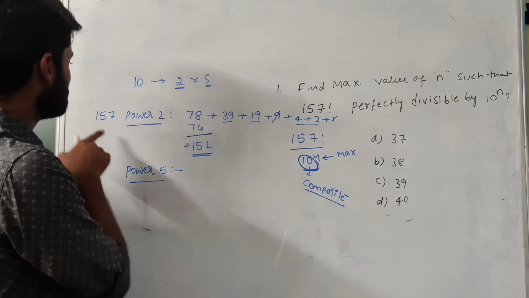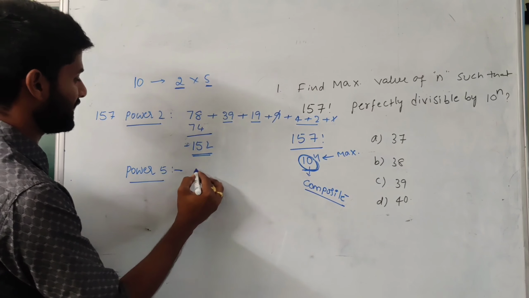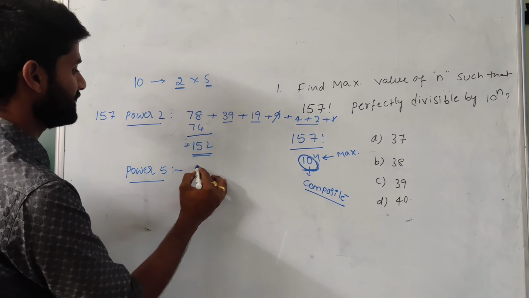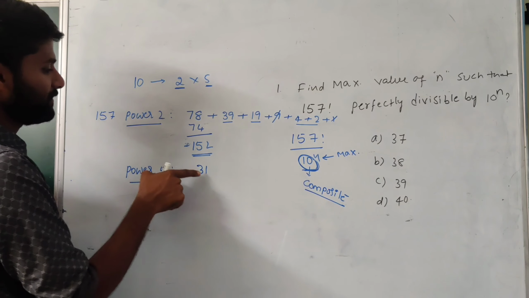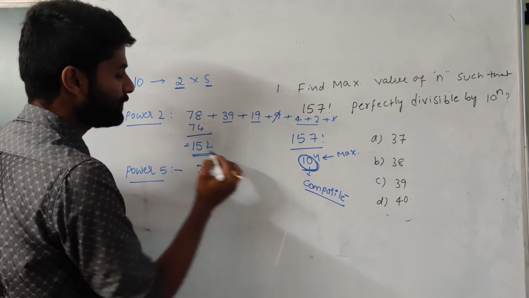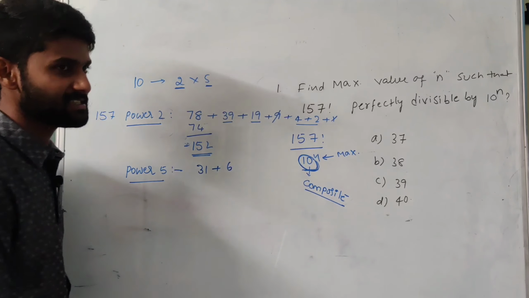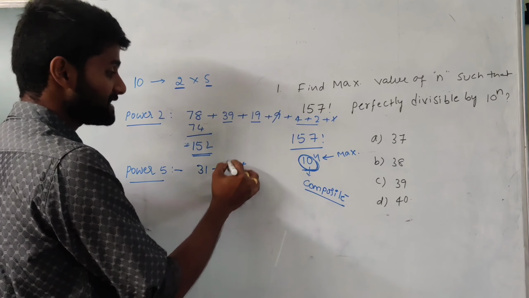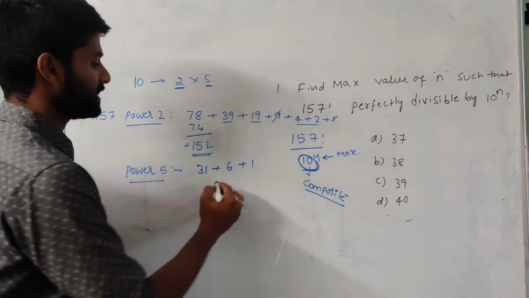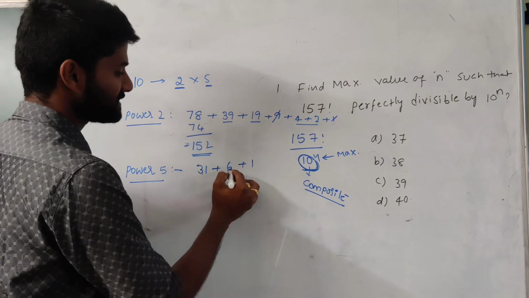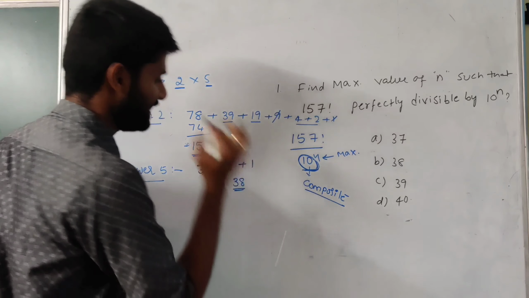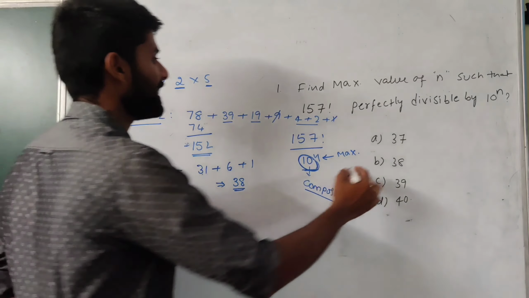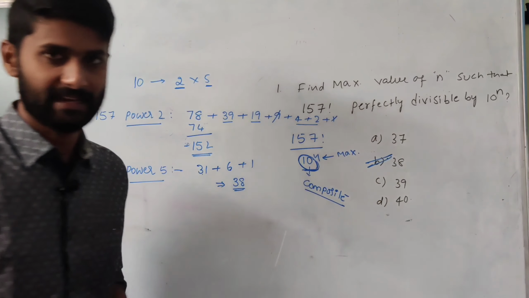And in the same way, calculate the power of 5. So power of 5 means 157 divided by 5 is exactly equal to 31 times. So 31 fives are 155. Next value, 1/5 of 31. 1/5 of 31 is equal to 6, and 1/5 of 6 is exactly equal to 1. The total value becomes 31 plus 6 plus 1. The value is exactly equal to 38. So for this question the answer is equal to 38.